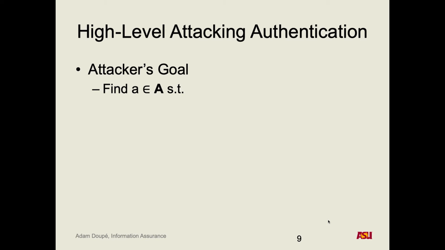There could be some other varying factors other than that. But this is everything in our model. Our model says that the user inputs some authentication method A, something from our authentication set, and there's a function that maps that to the complementary information, and that complementary information is then matched with whatever's in the database. If it's in there, we're good. So at a high level, this is all we care about. Can we find an A such that the specific function that maps the authentication information to complementary information is correct for that user? So this is our goal.